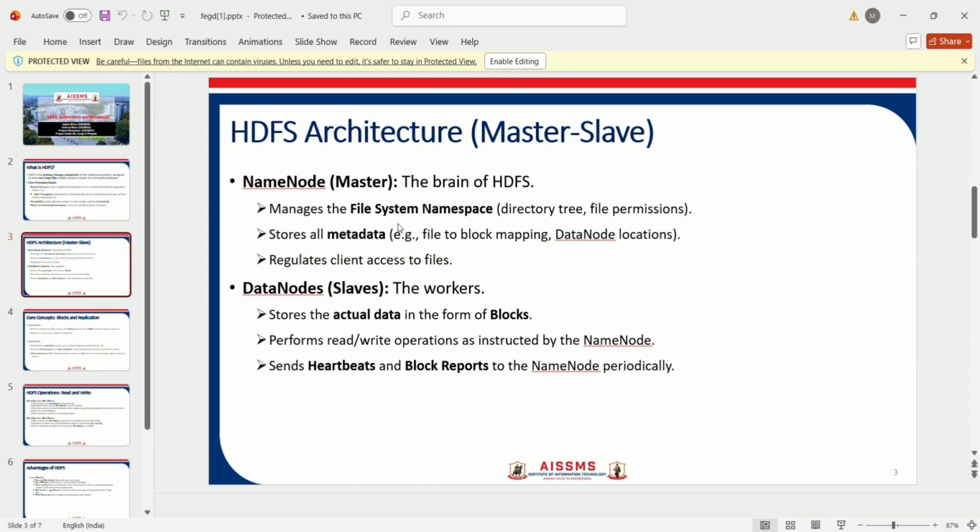It has two components: name node and data node. Name node is also known as the master, and data node is also known as the slave. The name node is the brain of the HDFS. It manages the file system namespace, stores all the metadata, and regulates client access to files, while the slaves store the